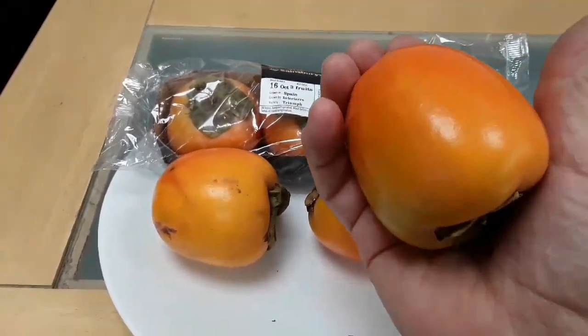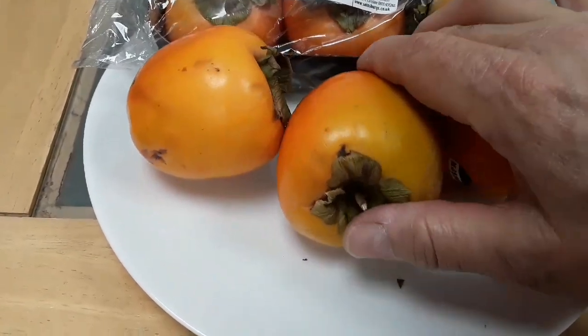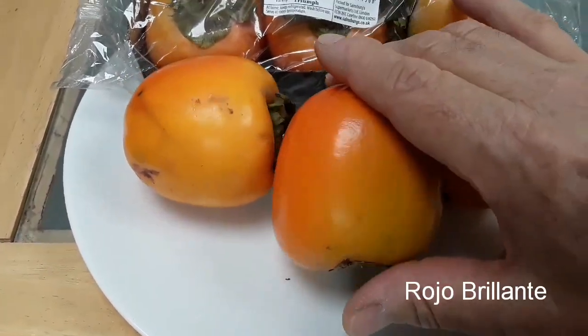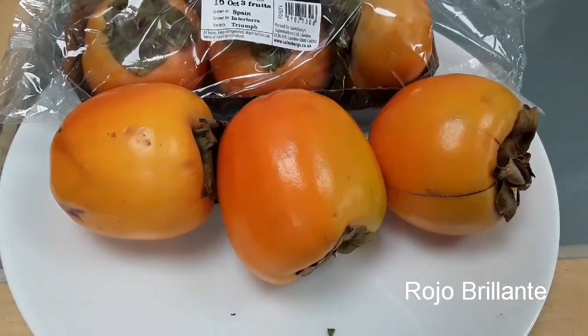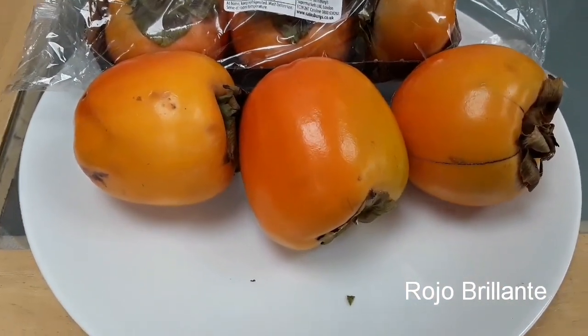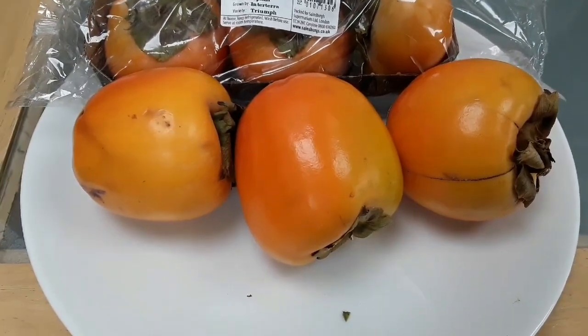I mean, they're bigger than an apple. They're a huge persimmon. They're not ripe yet, but from the shape of them, I think they're Rojo Brillant. Now, Rojo Brillant is an astringent persimmon. Now, these may or may not be astringent because although they're not ripe yet in terms of looking at them,